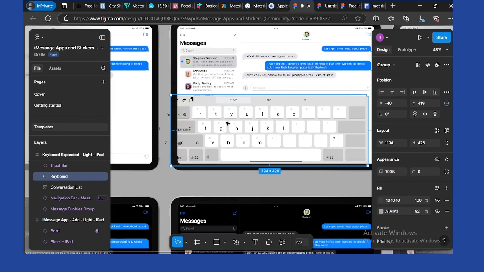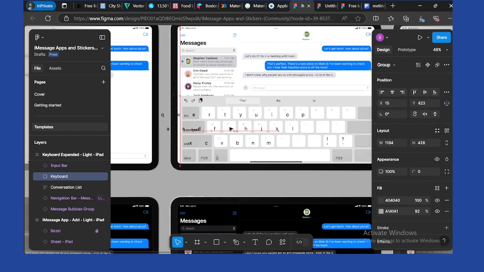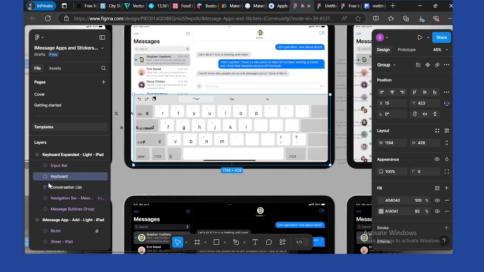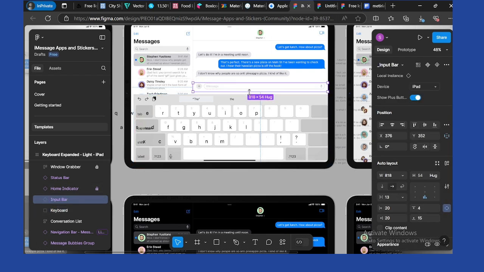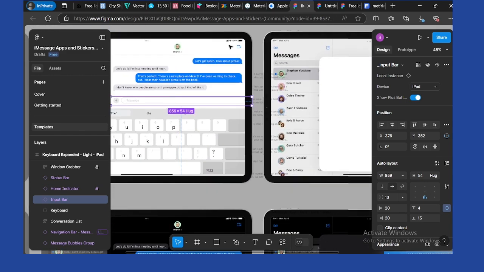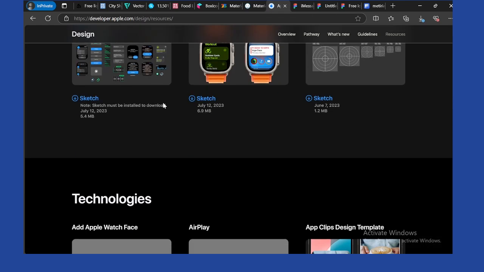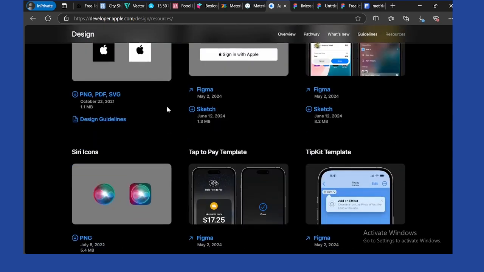Anyway, let's stick with this iPad keyboard, right? This iPad keyboard, this is not a component, I guess. So here it is, the typing component, and it's partially responsive, I don't know. That's that with the Apple resources. And they do have another cool stuff, which is